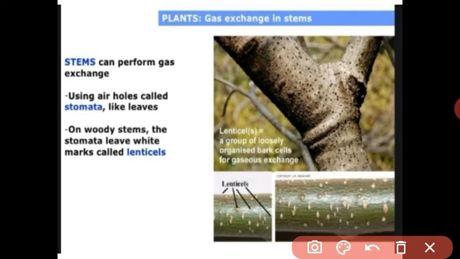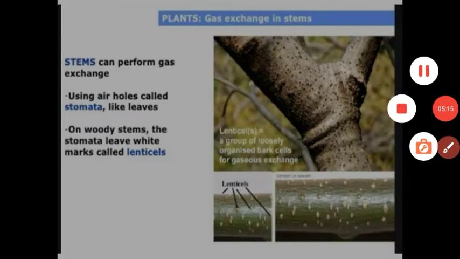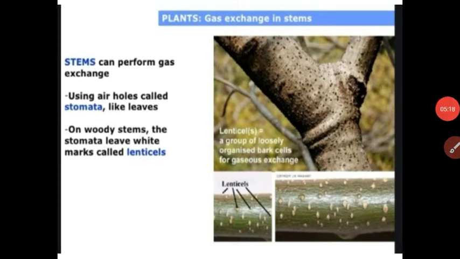But in some plants, on the bark, there are permanent openings. These permanent small openings are called lenticels. With the help of these lenticels the plant can exchange gases during the daytime and also during the night. Got it, student? This is a woody stem, and on its bark there are small openings, small pores, called lenticels, with which the plant can exchange gases during daytime and night time. Got it, student? Next is the stomata.